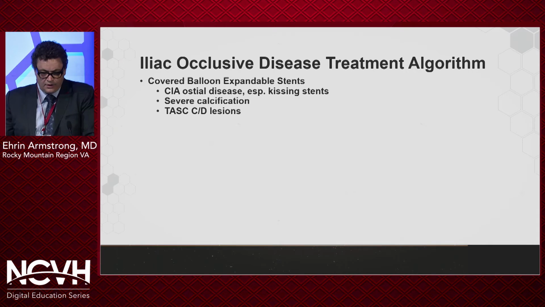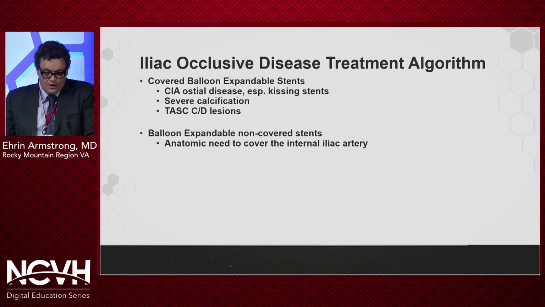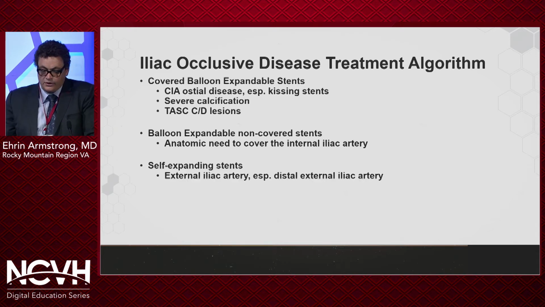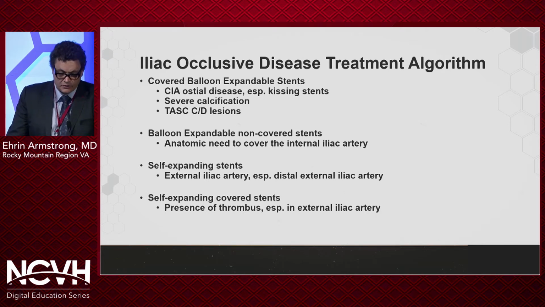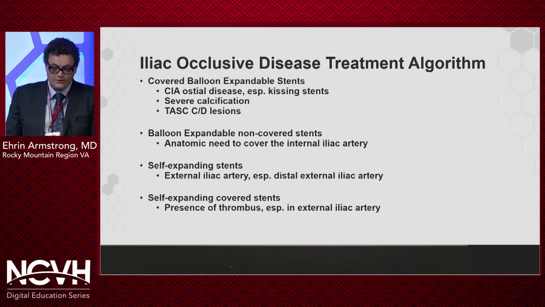In general, the treatment of iliac occlusive disease has a somewhat established algorithm in that we have data to support the use of covered balloon expandable stents for ostial disease, severe calcification, and TASC C and D lesions. Many operators use balloon expandable non-covered stents if the internal iliac artery needs to be covered. Self-expanding stents have historically been used, especially in the external iliac artery and especially distally. And then there is, of course, a role for self-expanding covered stents if there's presence of thrombus, especially in the